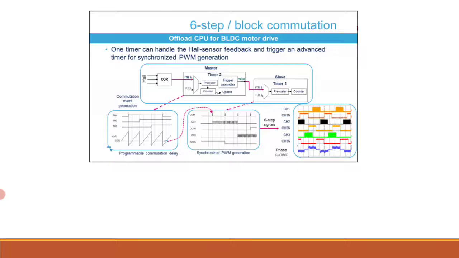The capture register 1 holds the timing interval between successive Hall sensor edges and is necessary for the speed regulation loop. The compare match event is propagated to the slave timer through the TRGO output. These events serve as commutation events and trigger changes for PWM generation. For each of the 6 steps of the sequence, the states of the 6 outputs are defined to be either forced active, forced inactive, or generating a PWM signal.